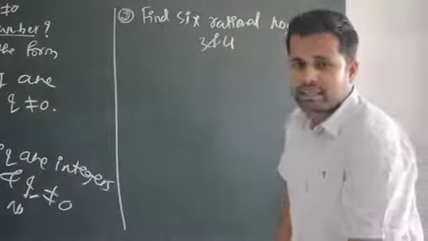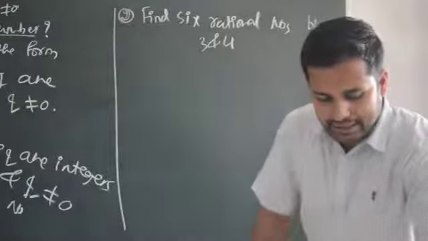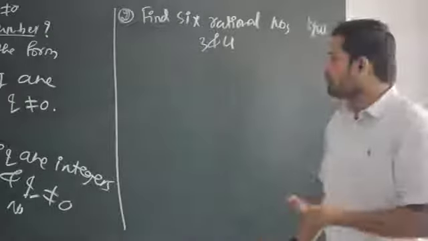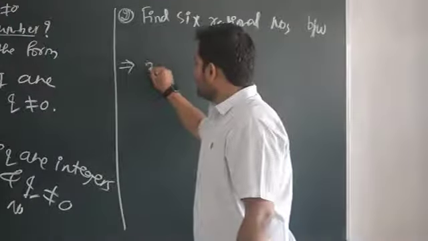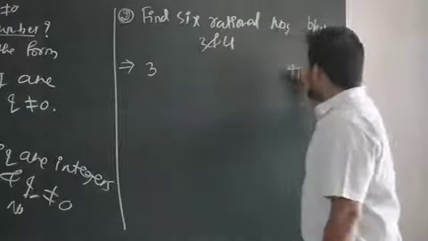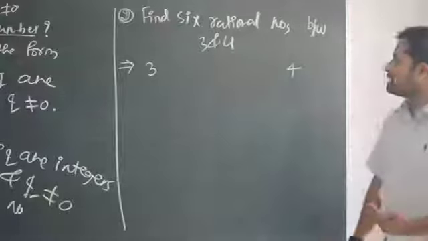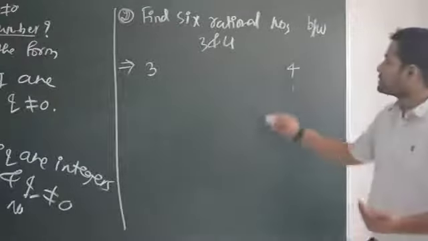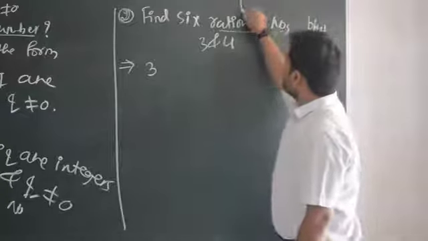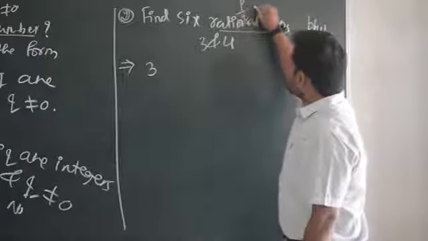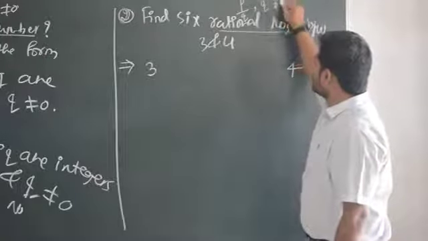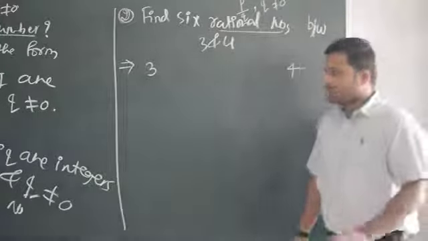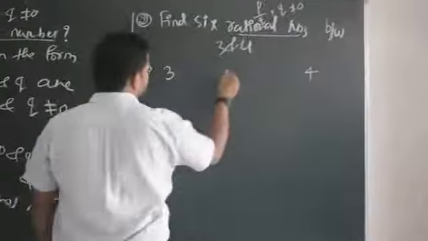There are different methods. In NCERT it is explained in many ways, but let me explain one of the easiest methods. See here is 3 and here I have 4. I have to write 6 rational numbers between 3 and 4. You understand the meaning of rational number? Again, what is the meaning of rational number? Which can be represented in the form of p by q. p and q should be integers and q should not be equal to 0. This is the condition, right? For a rational number, let me write like this. I want 6 numbers now.